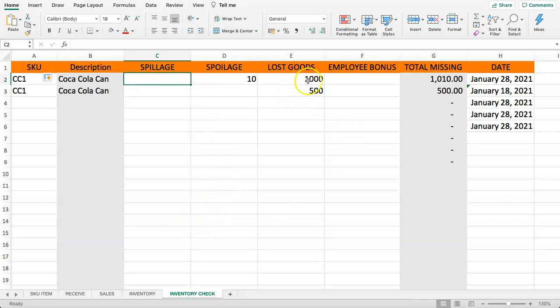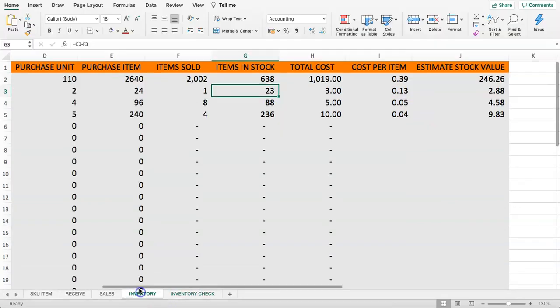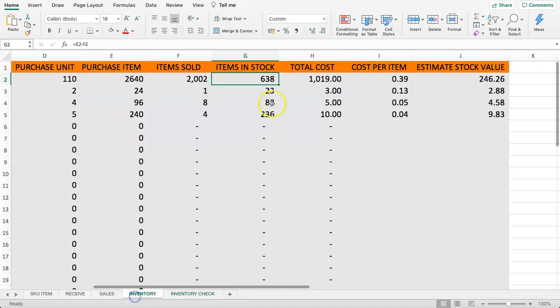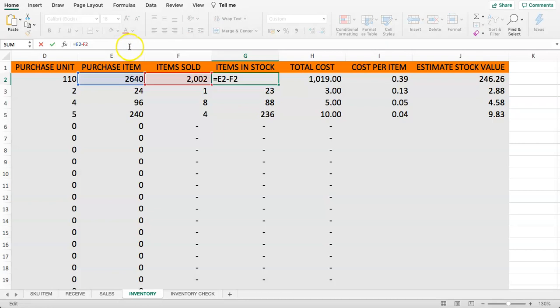So once we have this, we're not done yet because we need to now incorporate this into our inventory. And in our inventory here, we have total items in stock. In our case, the total items in stock is different. Let me show you, because it will depend on the missing items here. So we have the items in stock. So what we need to do is the following. We have this, and then minus again, and then SUMIF